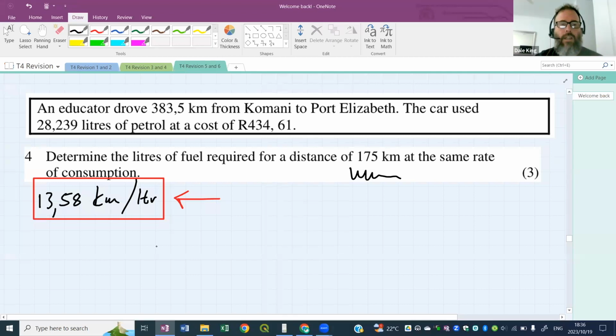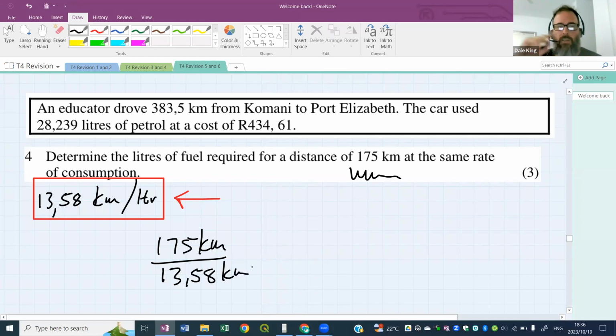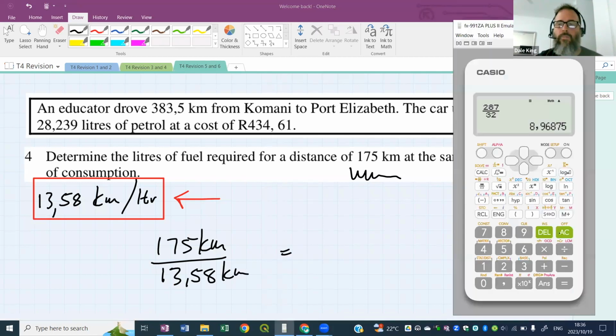So what I can do is cut up the 175 kilometers into 13.58 pieces, because I know every single one of those 13.58s will give me a liter. So how many times can we cut up the 175 into 13.58? So 175 divided by 13.58,